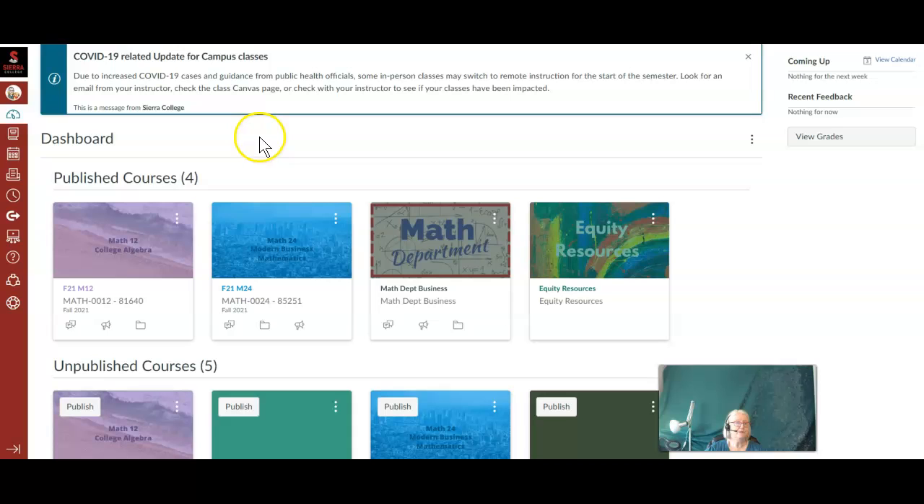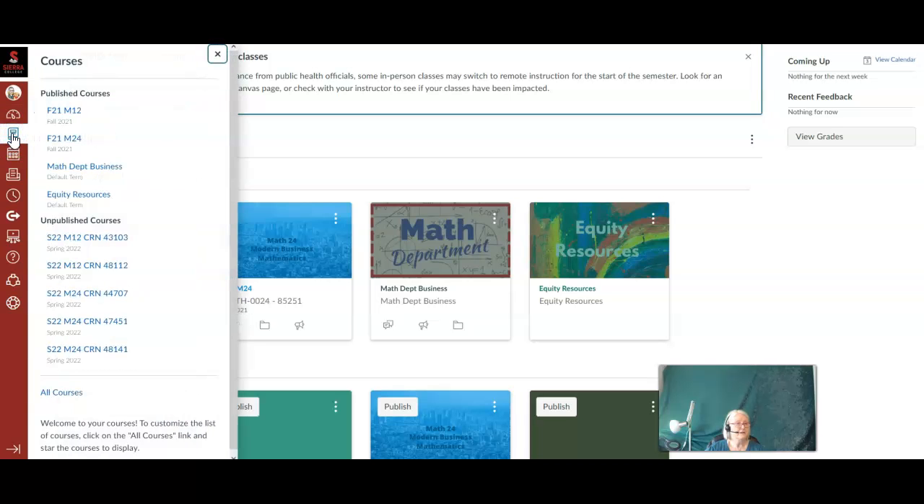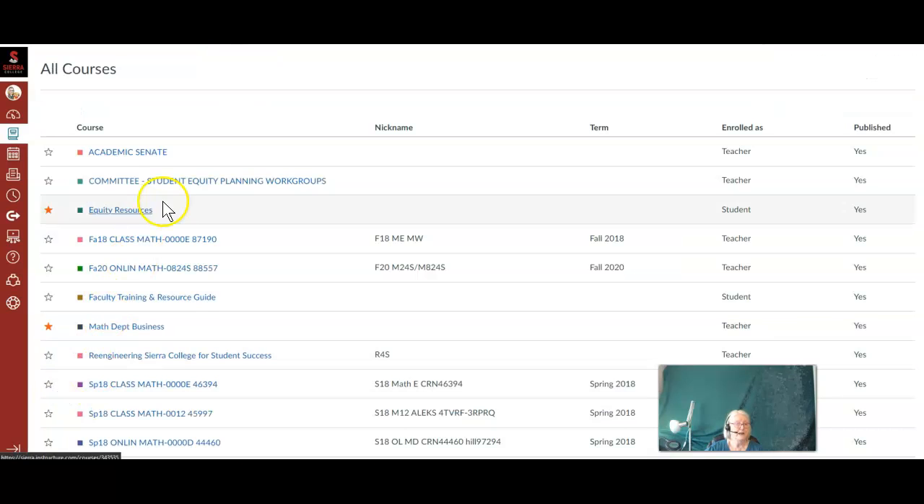If you want to adjust what you see on your dashboard, so this little tachometer looking dial, that's the dashboard icon. The next one down is called courses. And here is a list of the things on my dashboard. But here is a button that says all courses. And you can see I have a lot. And so if you click on the star and it's colored, then when I come back out to my dashboard,